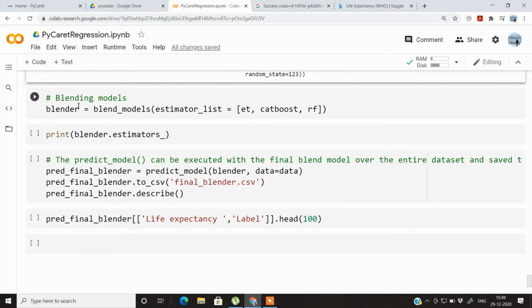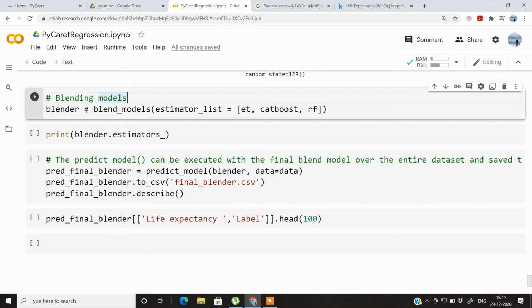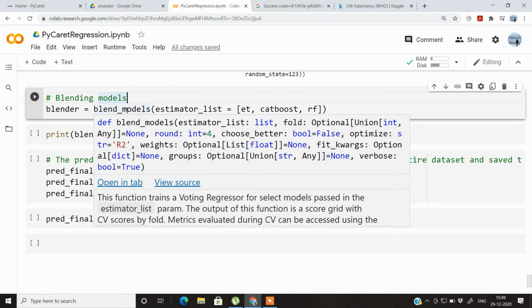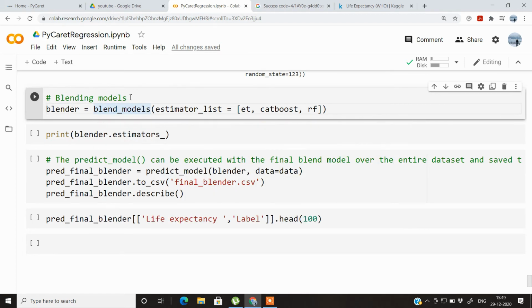The next thing that I wanted to show you is blending. In the case of regression, blending means we take into consideration the top 3 models that we got from compare models, that was XtraTrees, CatBoost and RF, that is random forest.